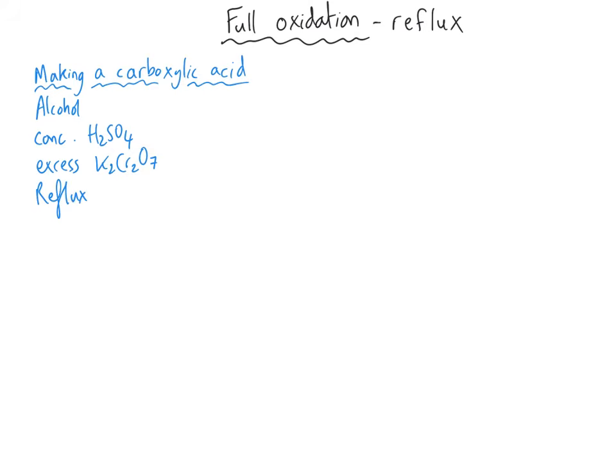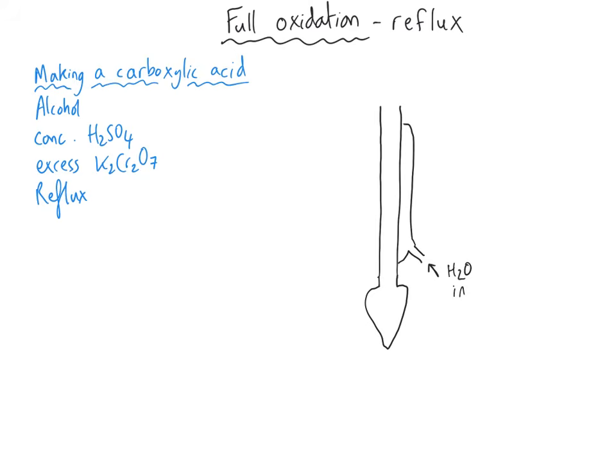The biggest differences are the reflux itself, because whilst you're using a lot of the same apparatus, they are set up totally differently. So you have got your pear-shaped flask. Again, remember I said I wasn't very good at drawing, there we go. And we will have the condenser vertically on the pear-shaped flask. And the water comes in at the bottom and comes out at the top, as we can see here. And then, in a sense, everything else is identical. We have our reaction mixture here. We would heat the container,